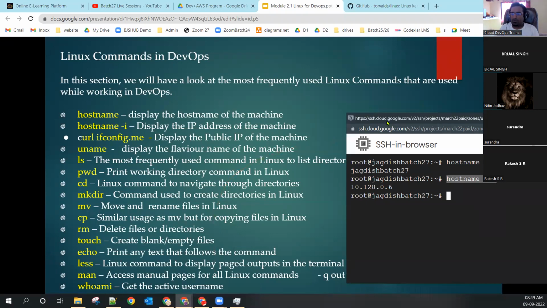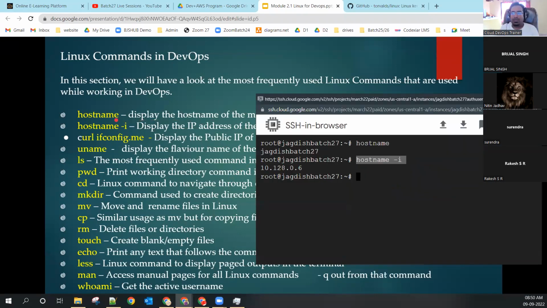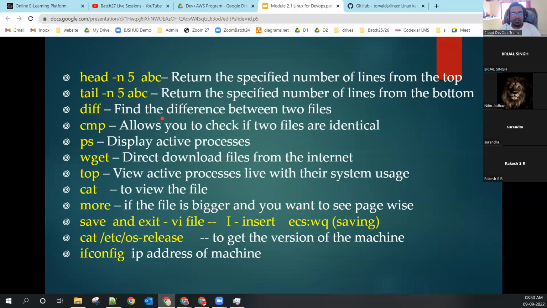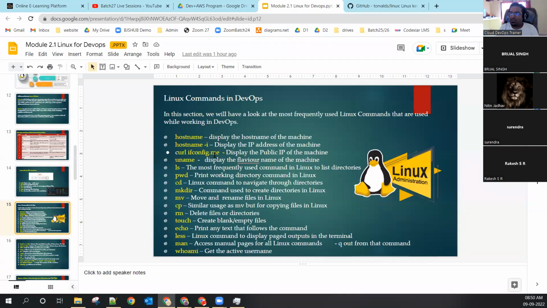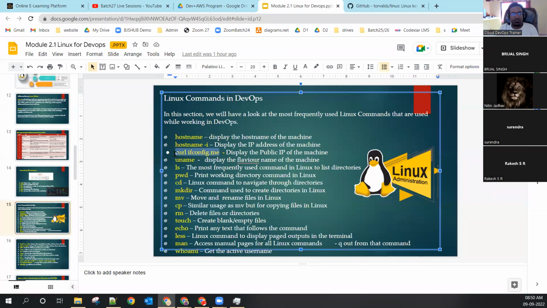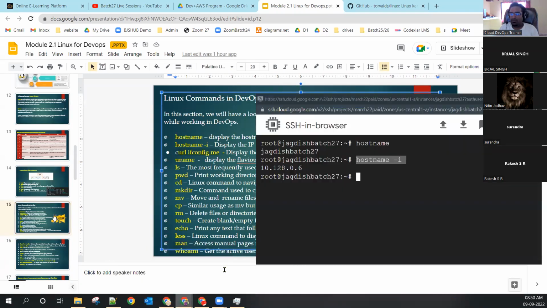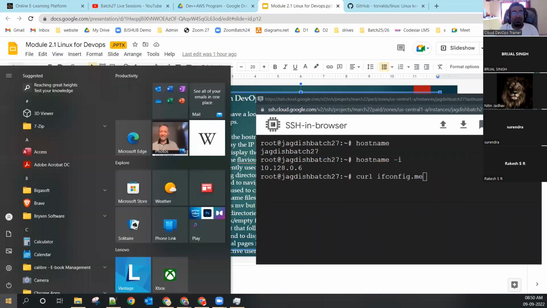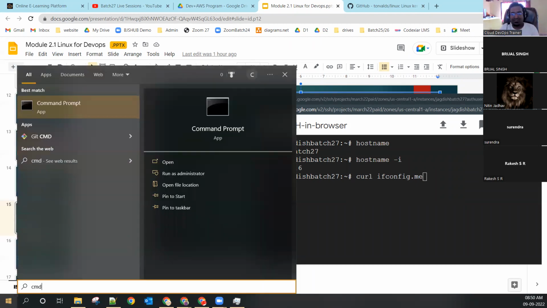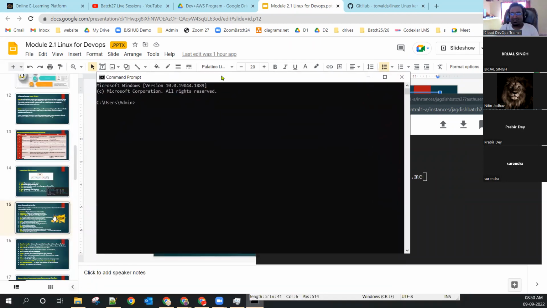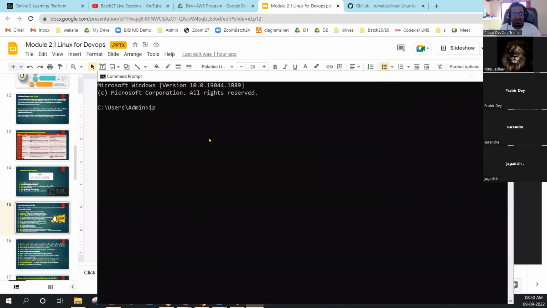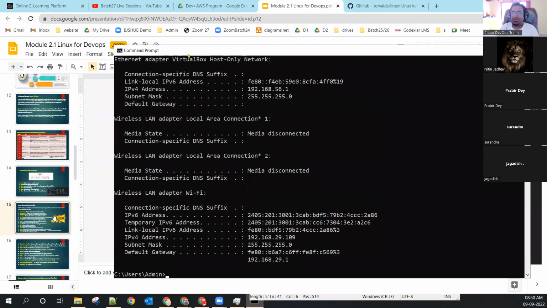Yes. Okay. If I want to see the external IP of my machine, there is a command. Anyone help me out? What is curl? Any experienced person can help me out. Okay, chalo, give me the answer: if I want to see the IP address on my Windows machine? ipconfig. This is my Windows machine. I'm typing ipconfig. Yes, I'm getting lots of IP addresses. Same thing in Linux also.